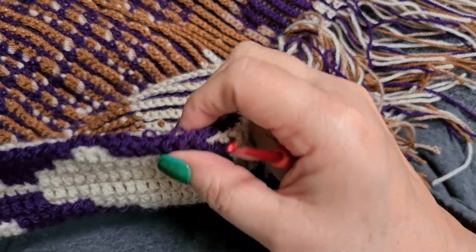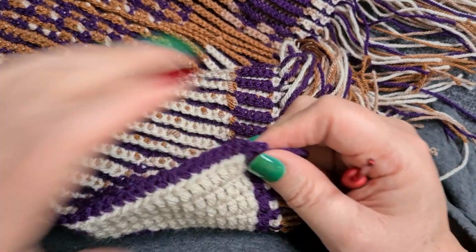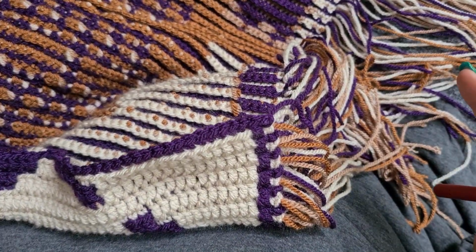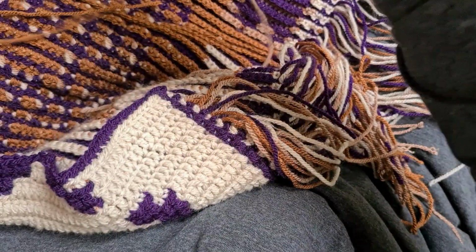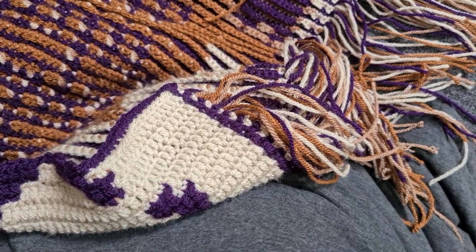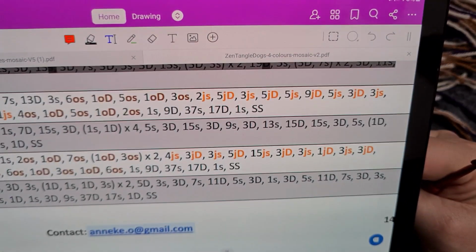I tried to do this already upstairs, but I can't work on my desk with this and I couldn't see my stitches. I hope the light is clear enough. I don't have tutorial yarn, I just have the yarn I'm going to use. So you can see how I do this row, and I need to set up my tablet because normally it's in this little holder, but now I open my tablet and we're going to do row